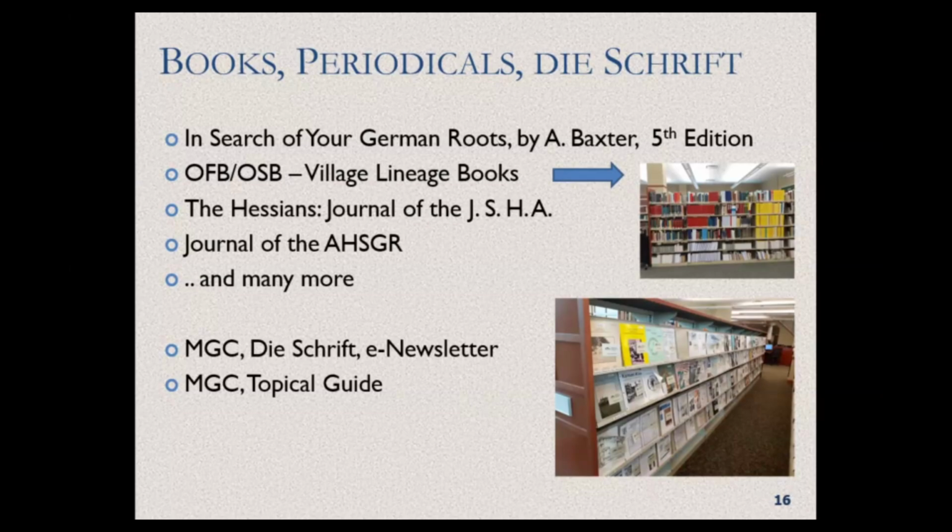Each person has a code number, usually 4 digits. And then you can follow your person through those 4 digits, that code number, through the whole book. You can see that person when born with parents, then when married. So that way you can see that in that book. And also the genealogy.net website that I showed has some of those village lineage books already transcribed there.